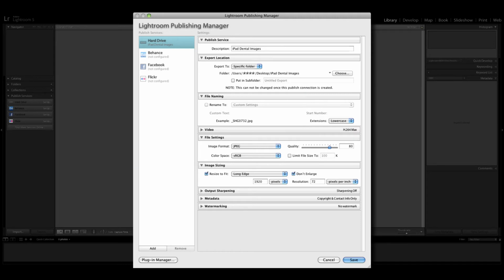And here, you want to check resize to fit and select long edge, check don't enlarge. And then for the pixels, we want 1920. That's going to fit the iPad nicely. And then resolution is going to be 72 pixels per inch. Output sharpening, I'm going to leave that off. For metadata, I'm going to select just copyright and contact information only, and I'm not going to use any watermarking